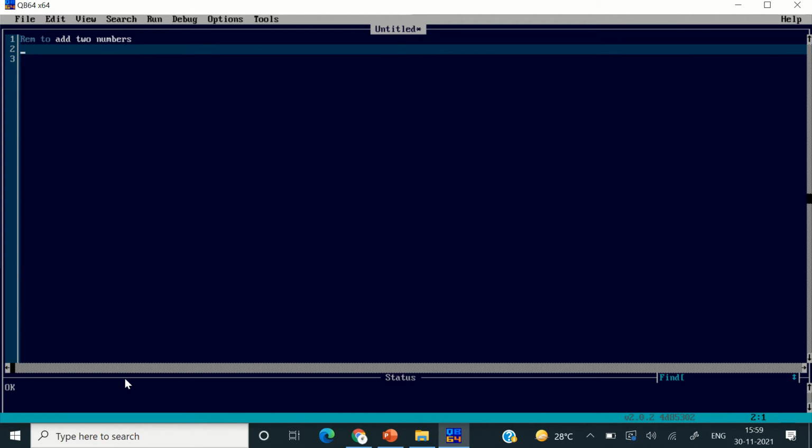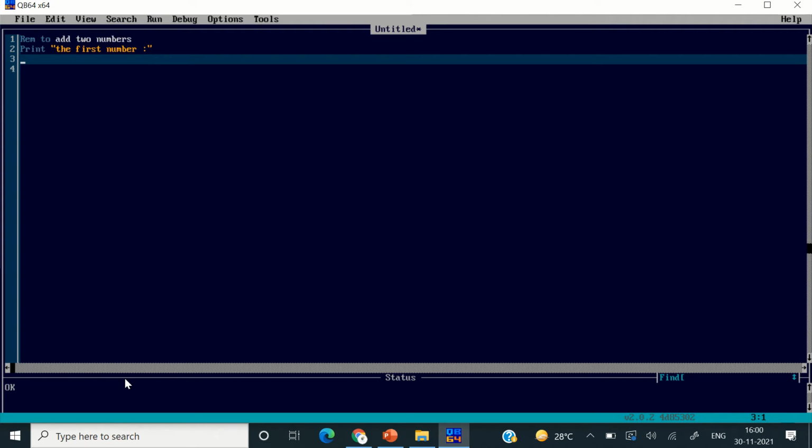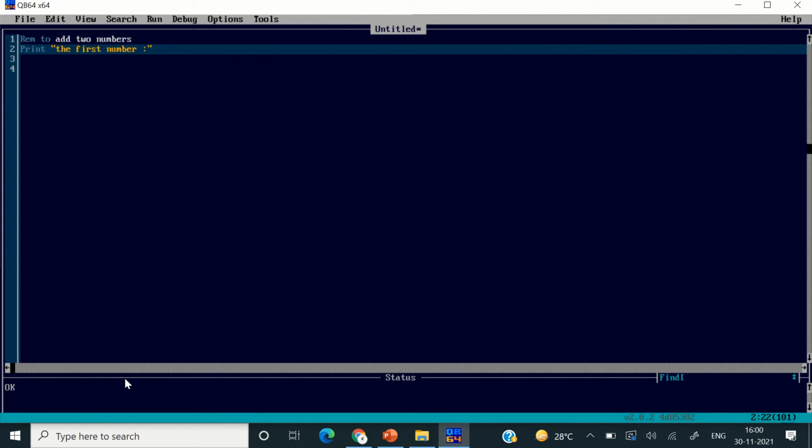Next I am going to write, suppose input is not there, so I will write print. I'm going to give quotes, and inside the quotes I am going to write the first number, and I'm going to close the quotes like this. 20.